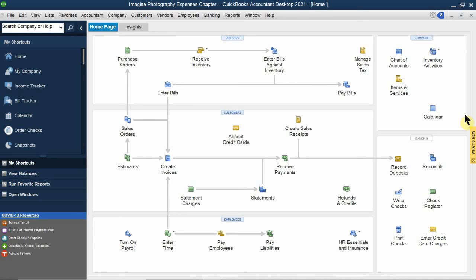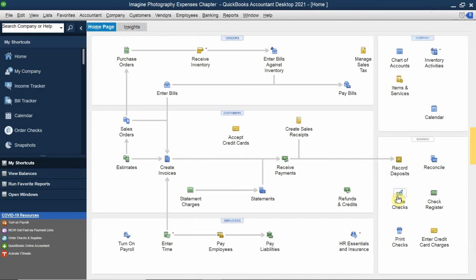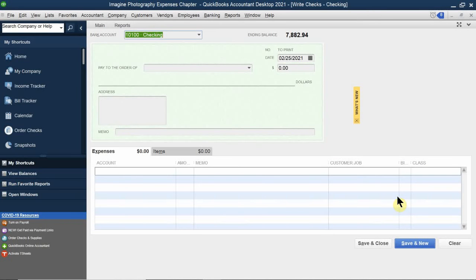So I don't necessarily have to enter bills unless I have way too many stacks of bills and I can't remember that I'm supposed to make a payment to my credit card. Then you're safer using enter bills. But in this case, this is exactly what you're going to do. If I'm going to write a check, I'm going to write a check from my checking account, and I'm going to make it payable to my National